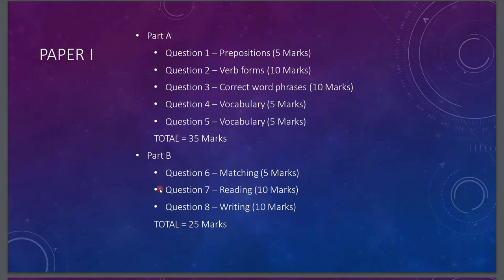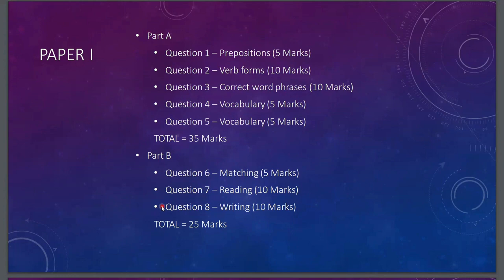The 7th question is about basic reading skills with 10 marks on it. With relevance to this question, there will be a simple text, and according to that, the students will have to answer the given questions. The last question of the paper is based on paragraph development, where you will receive 10 marks. Here, the students will have to construct a paragraph according to the given text with a word limit of